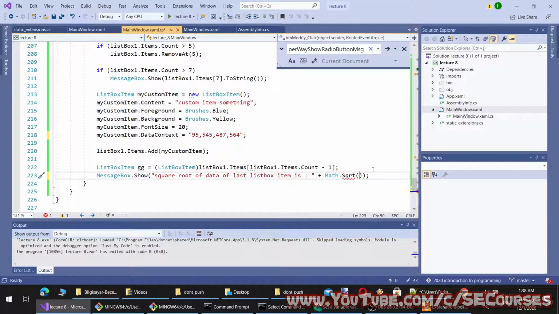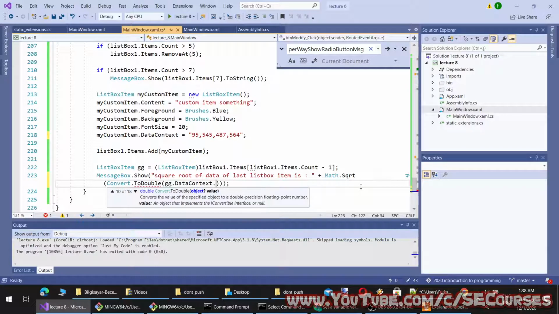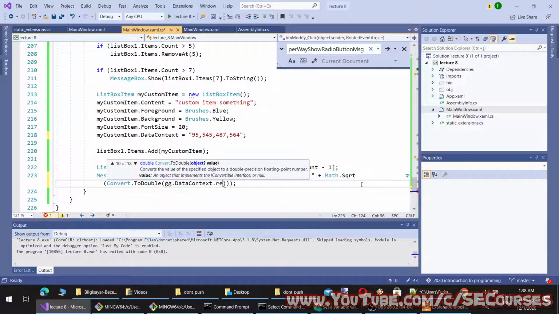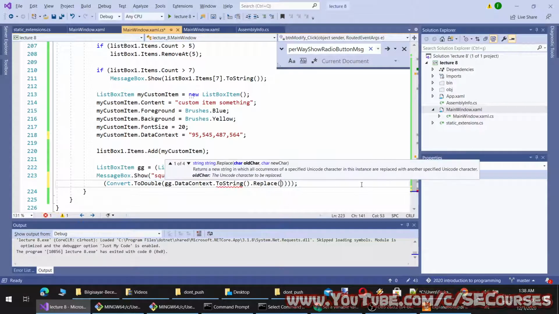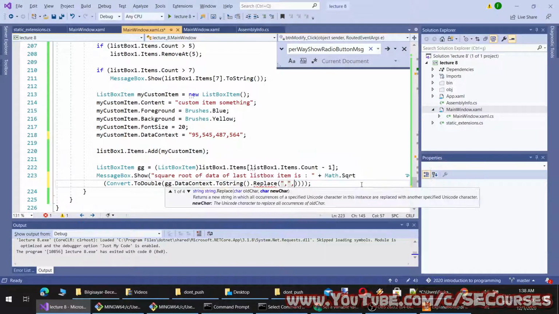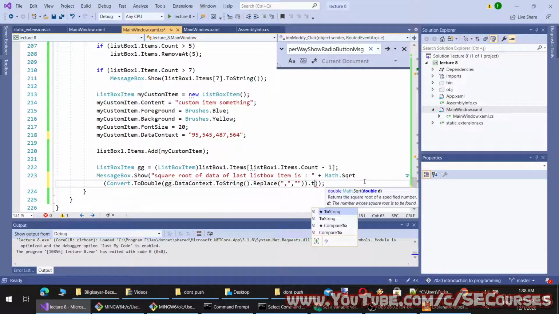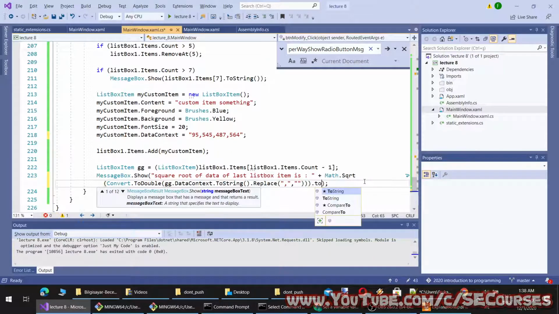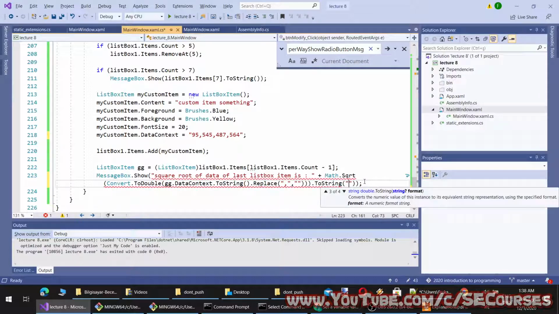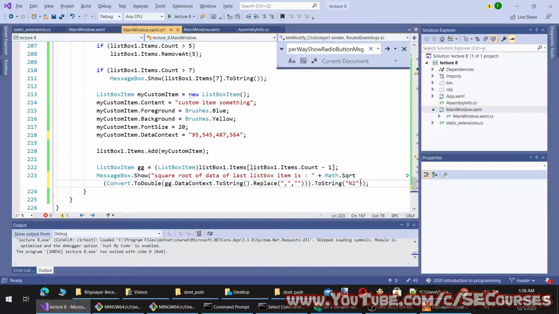And to do that, I have to convert to double and to string first and replace this with this.